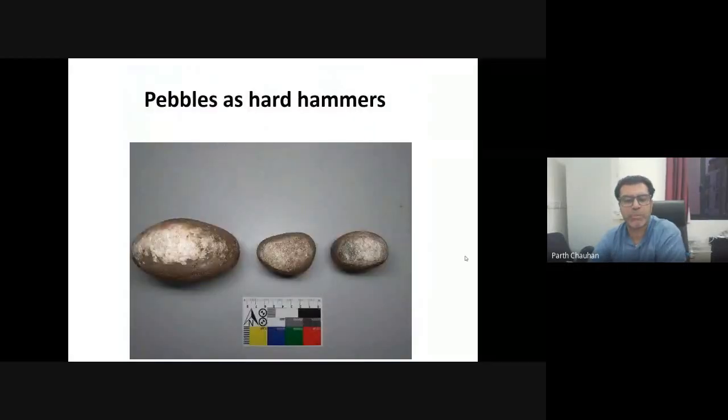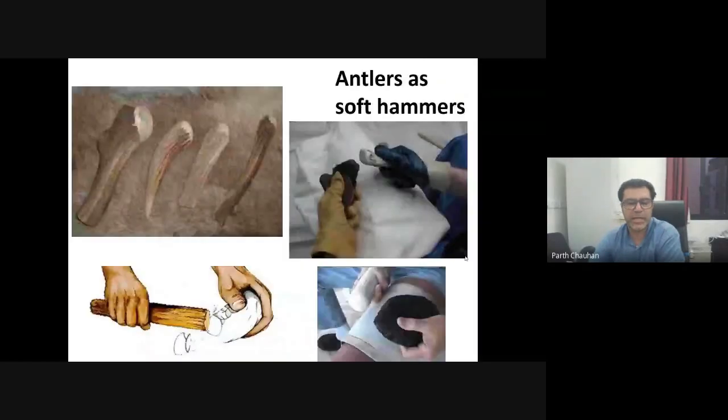Here's an example of how pebbles and cobbles are used as hammerstones. Most stones are called hard hammers, except the soft stones like sandstone, for example. Then, compared to soft hammers, these are antlers. Hard hammers are used for direct percussion in the initial stages of biface manufacture, but then soft hammers are used